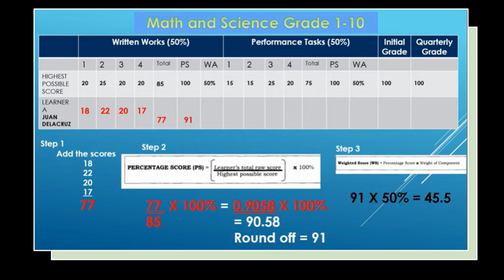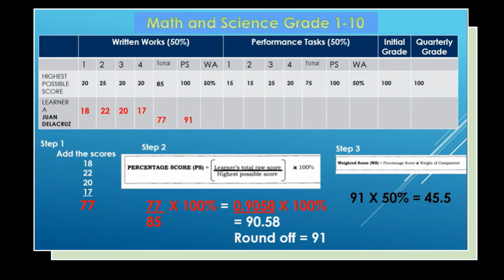Under written works, there are 4 activities, labeled 1, 2, 3, and 4. And also we have the highest possible score. For activity 1, the highest possible score is 20. For activity 2, the highest possible score is 25. For activity 3, the highest possible score is 20. And for activity 4, the highest possible is 20. So the total highest possible score is